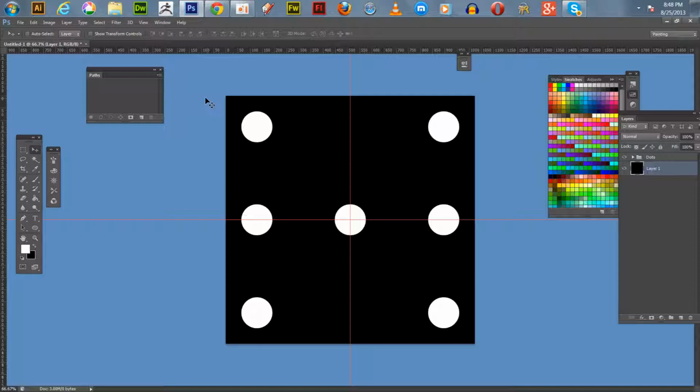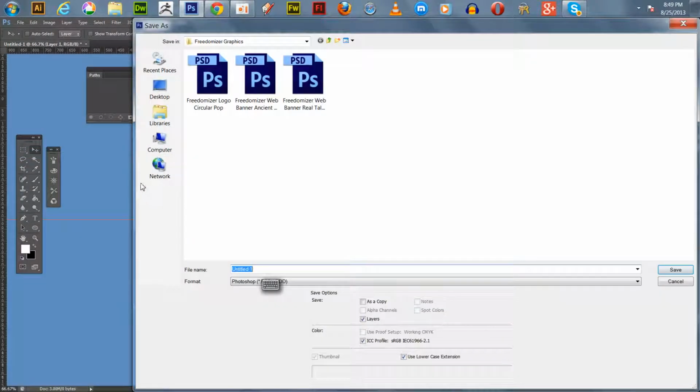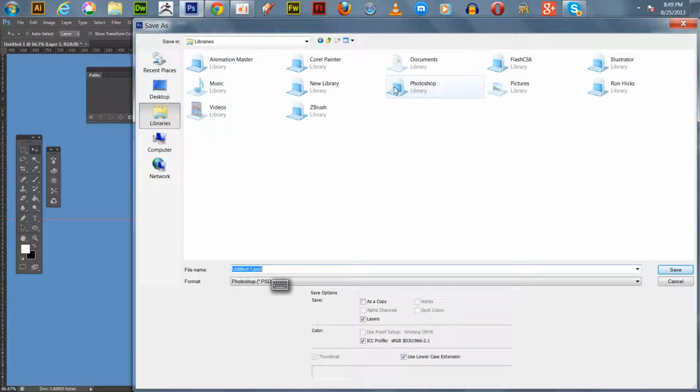And this is really interesting. I'll show you when we get to the ZBrush tutorial how this one pattern can take care of all the faces of the dice. The last thing I want to point out is that when you use textures or alphas in ZBrush, you can use them right as the PSD file. So what we're going to do is say save as. We're not even going to bother making this optimized for web or whatever. I'm just going to go right into my